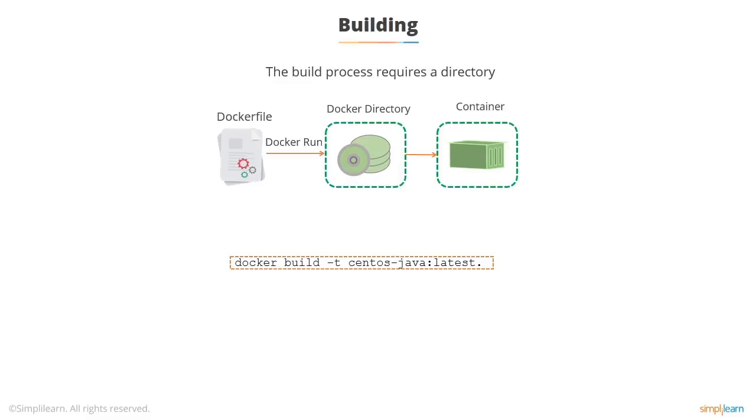The Dockerfile script must be there, and you need to create a tag for the target image, and a tag is the name of the new image. So we notice that we have CentOS as the base, so I created centos-java, which is the CentOS plus Java, and I'm specifying the version as :latest. You can specify a version number if you wish. And so you specify docker build -t and the tag name, the name of the new image, and then the path to the actual build context, which I usually have as dot, the current directory, obviously. All the individual commands in the Dockerfile are in uppercase, and they're usually 3 letters long.